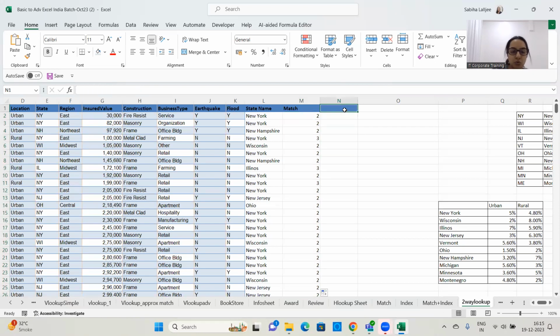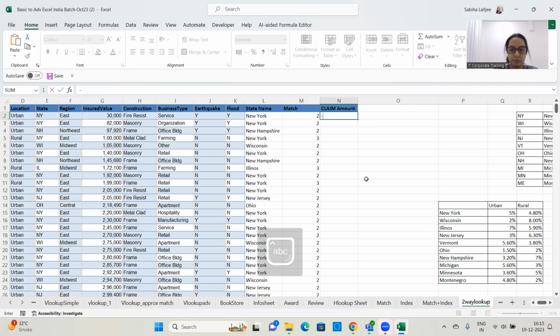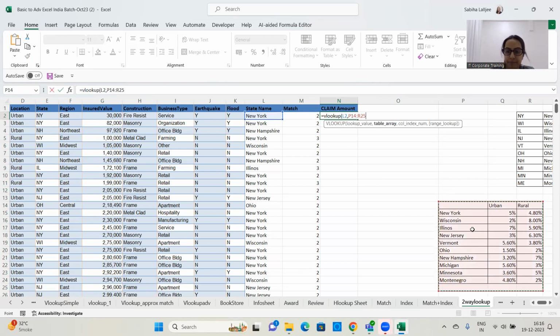So for that, we will do claim amount. How will we do the claim amount? Is equal to VLOOKUP, open bracket. Lookup value state, comma, where are we searching? Within this table. So take the whole table. When we are taking the table reference, we will use F4 dollar sign to lock the table, comma,